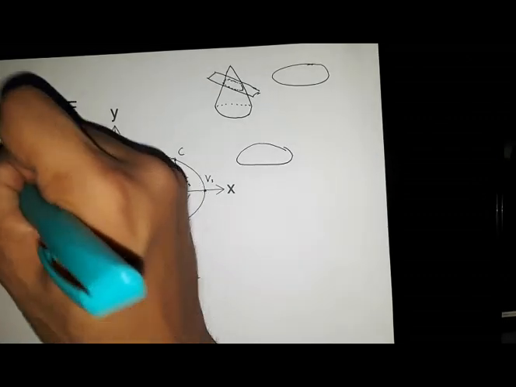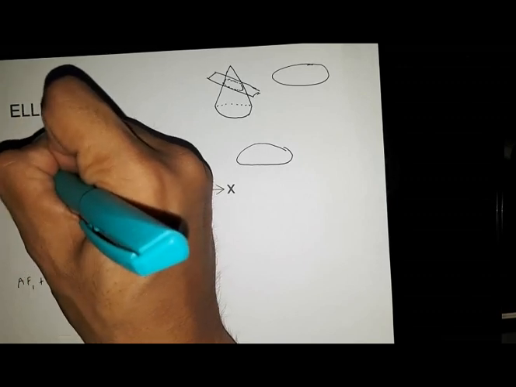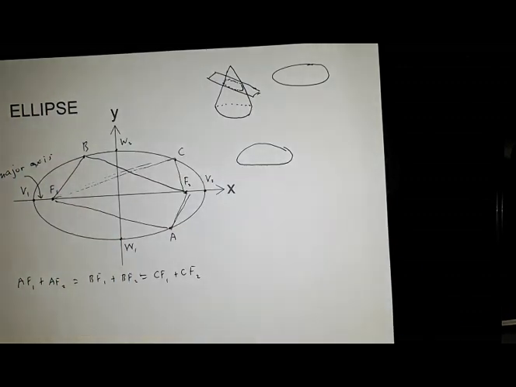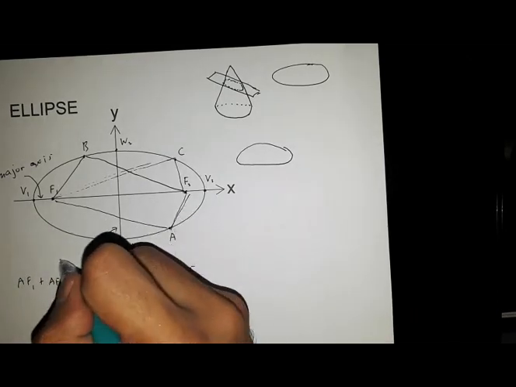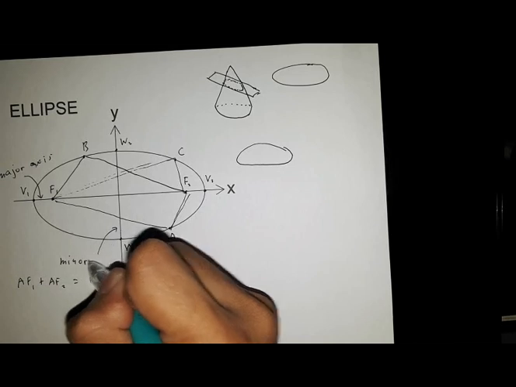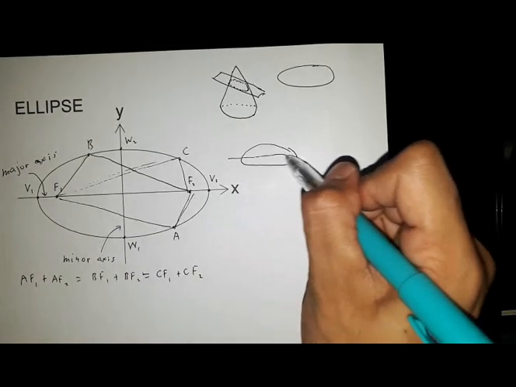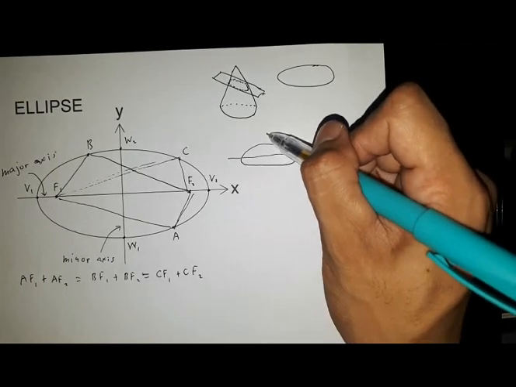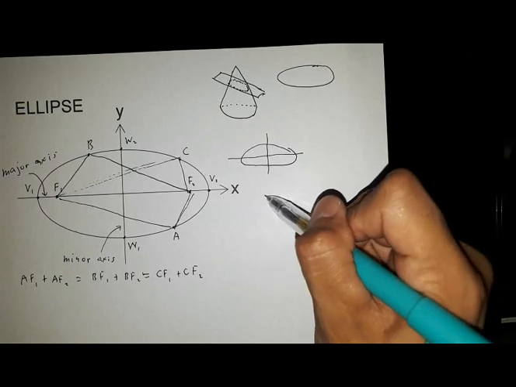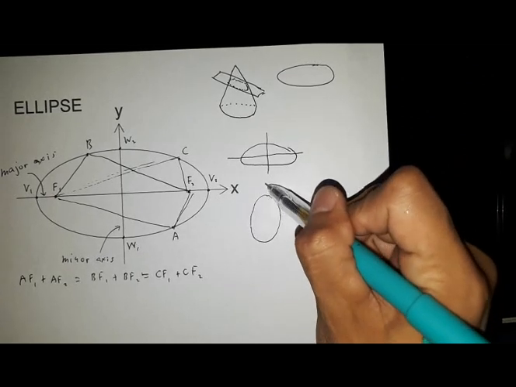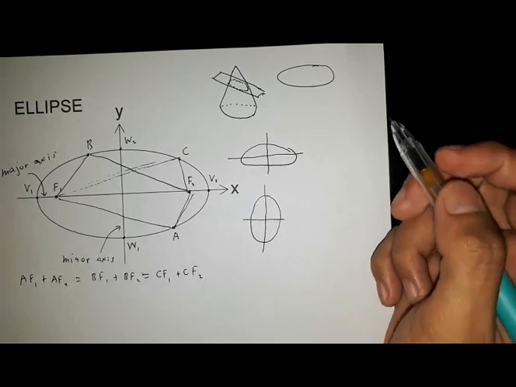The major axis contains the vertices and the foci, while the minor axis contains the co-vertices. So the ellipse by orientation can either be horizontal or vertical with respect to the major axis, and